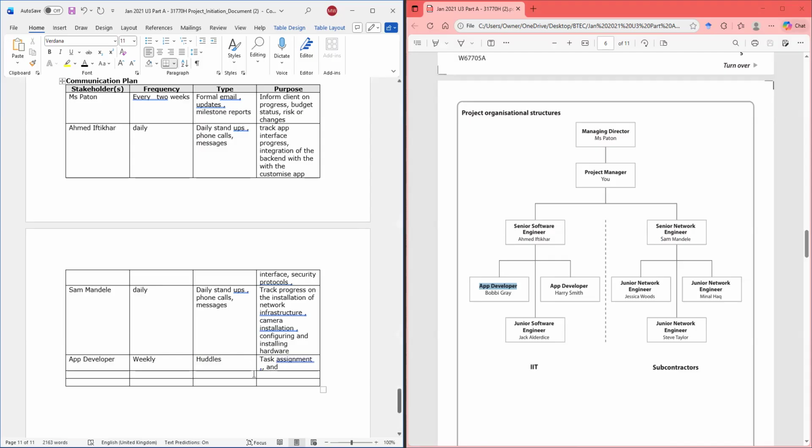And issues that arise, right? And it's going to be basically the same for everybody else.